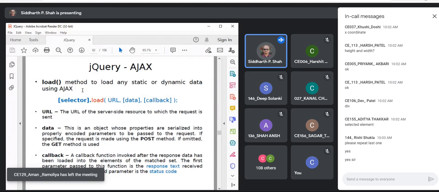Now the interesting part, Ajax. How can you do Ajax in jQuery? We have seen one example of Ajax that we do directly in JavaScript, right? How do we do it? We create one XMLHttpRequest object, then we open, then we send, and then we get the response back. This is how we handle Ajax in normal JavaScript. But if you want to perform Ajax from jQuery, though nowadays no one directly uses this Ajax syntax, because there is an API called the Fetch API.